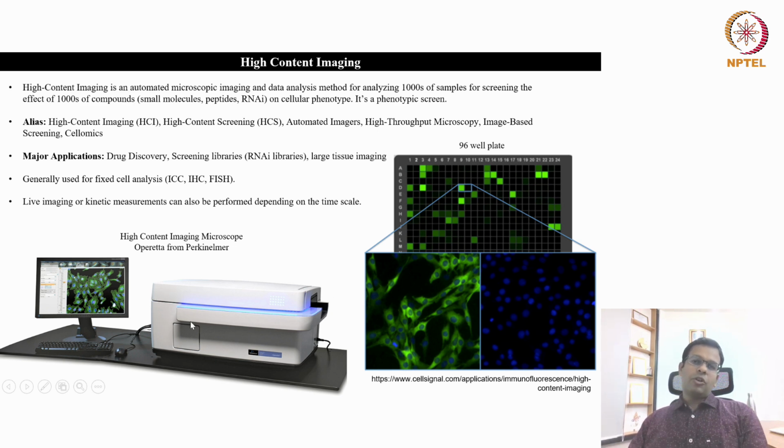And this box also has robotics, so you load multiple 96 well plates in the box as samples, and then the robotic arms will take the first plate, and the microscope will image all the samples one after another. Then it will automatically move this plate from the stage, take another plate and put it on the stage for imaging another 96 samples. Okay, so automatic robotic arms are required for changing the plates on the stage of the microscope.